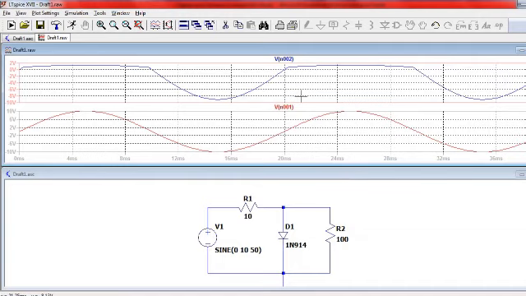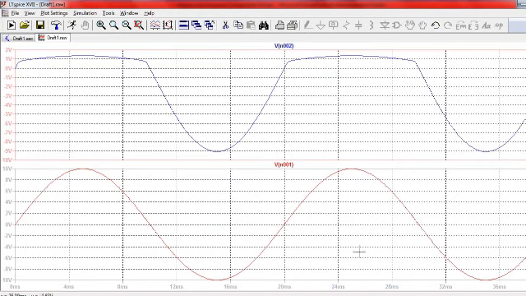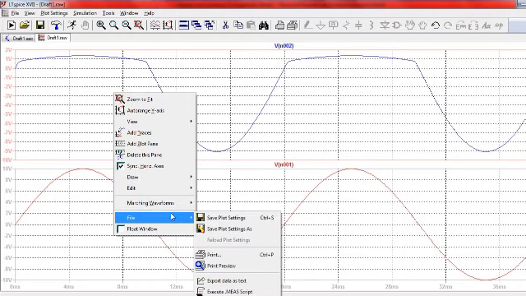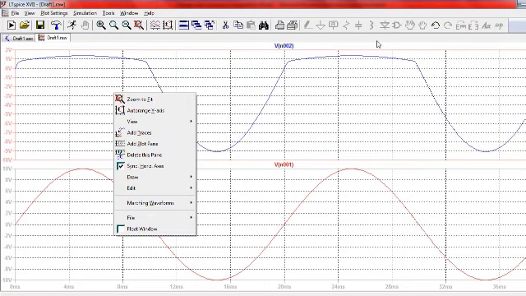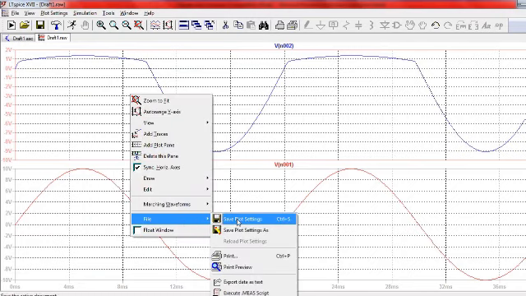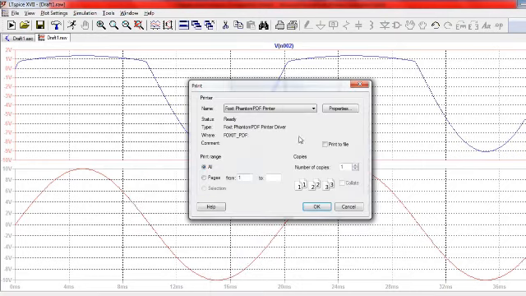So what we need is to copy the waveform and the circuit diagram. You can make it bigger, full screen, and you can go to print this waveform. There are several ways to copy this, but I prefer to print this waveform. You can save the plot setting, but go to print.